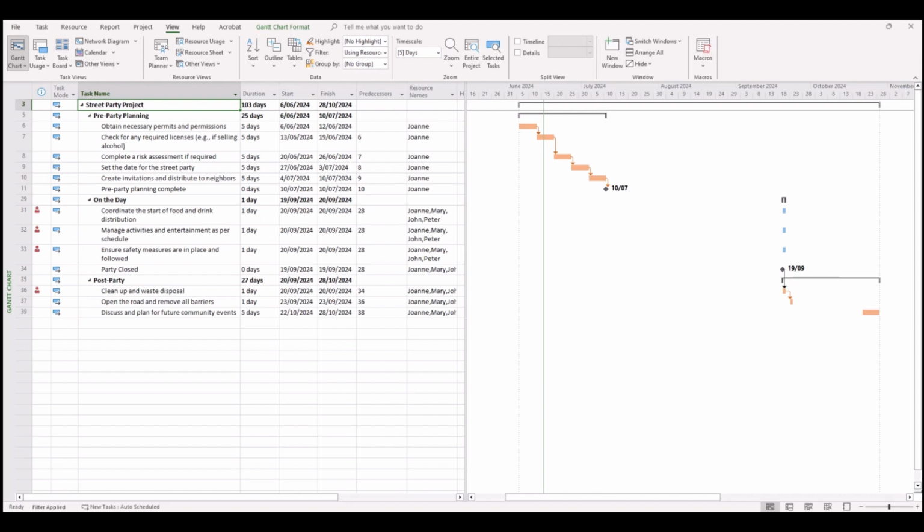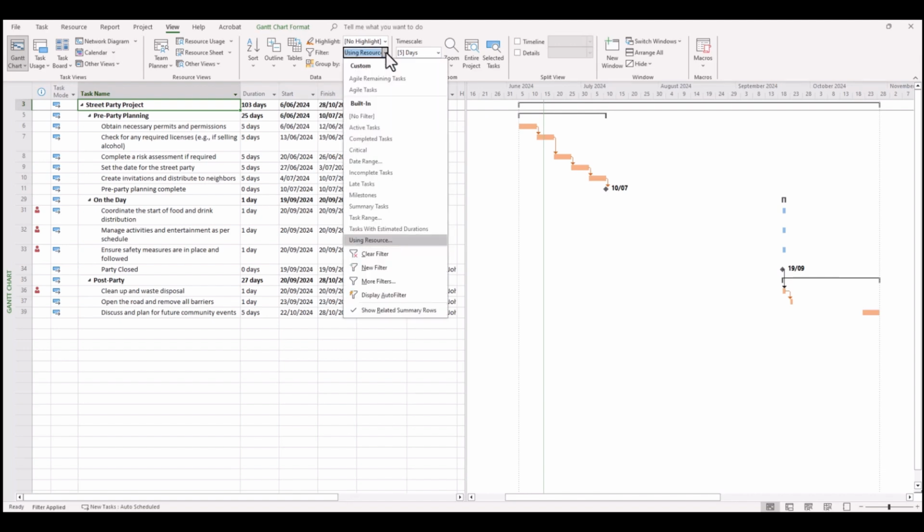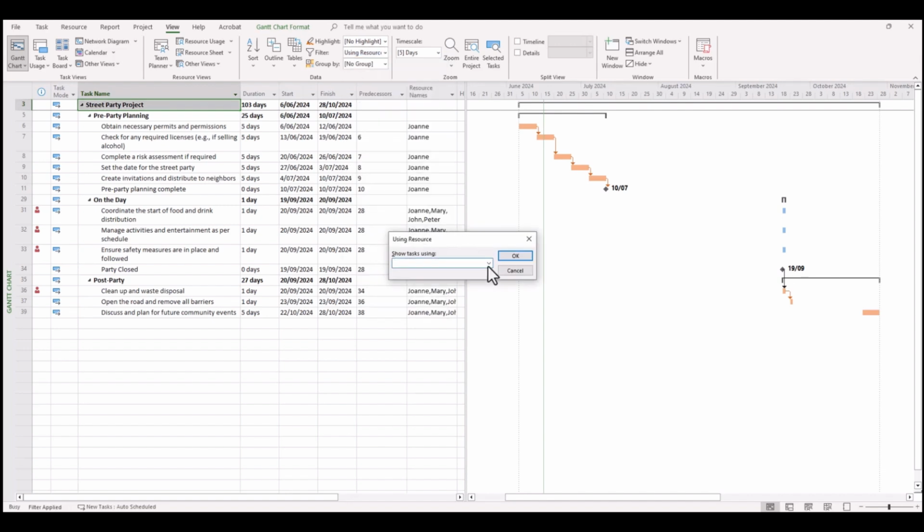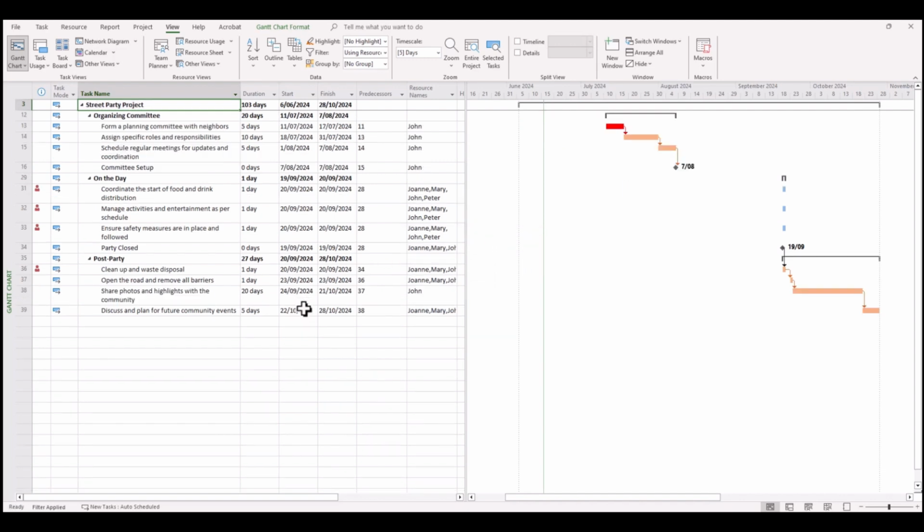So you can see a very quick and easy way to start to communicate key items. Very easy. You can just pivot to other resources. So we go to John, for example, and the same thing can apply there. So rather than giving away too much, sometimes in project management less is more, and when you have those one-on-one discussions, it's a nice tool to add to the repertoire in utilising your project scheduling in a more meaningful manner.